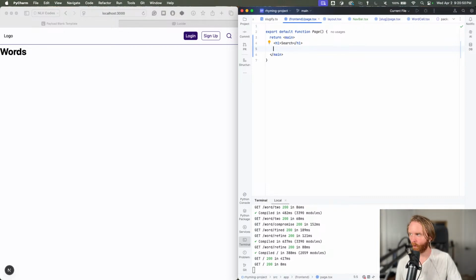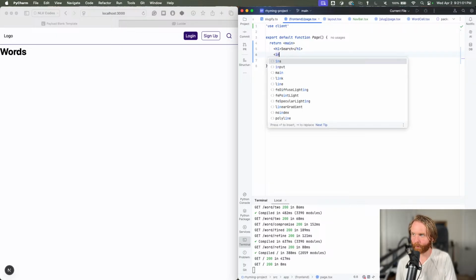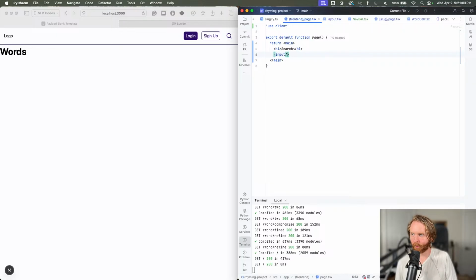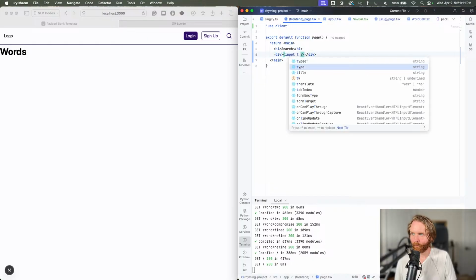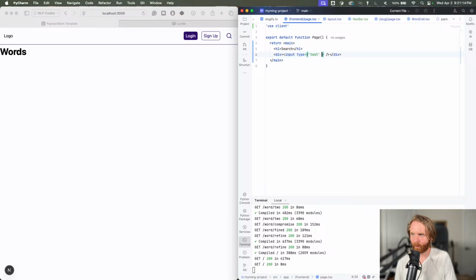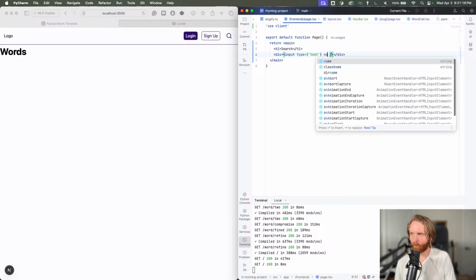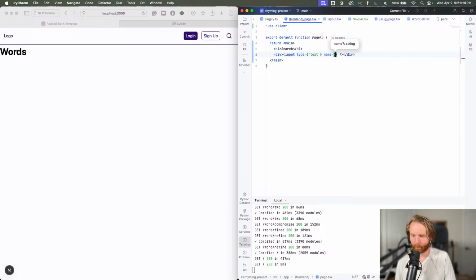And then I think we'll actually use client for this page as well. Because in here we're going to have an input. We'll do div with an input, which will have type text, name, search,